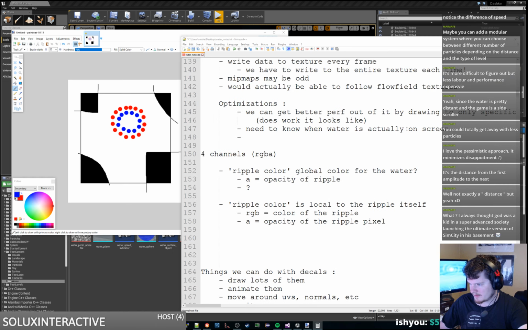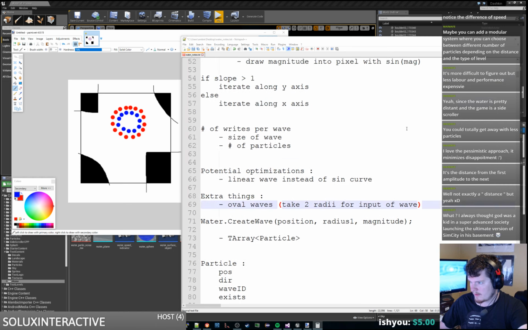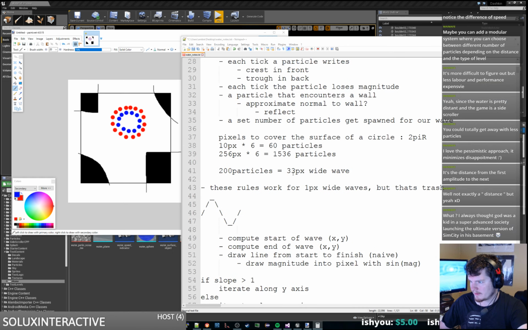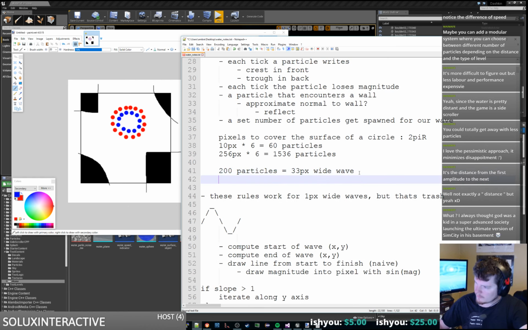Where are my calculations here? Did I delete them? Here. So if we had 200 particles, a 33 pixel wide wave. If that 33 pixel wide wave was 10 pixels,